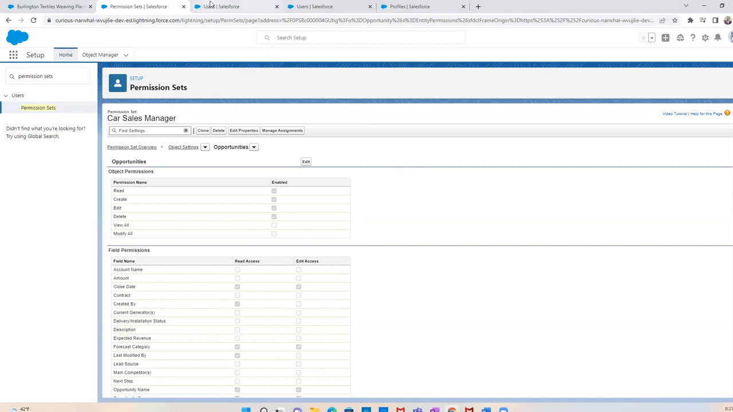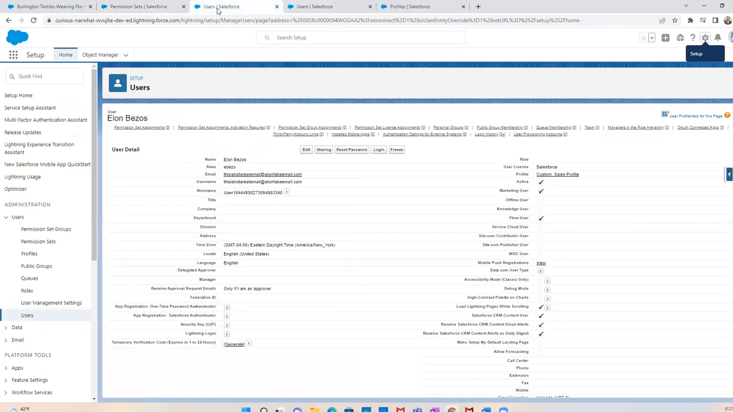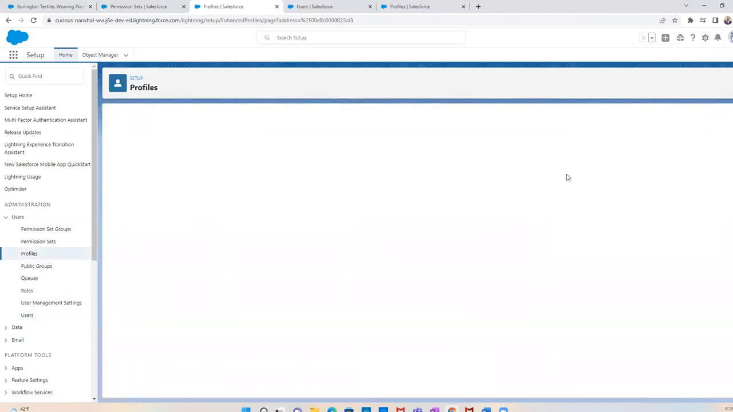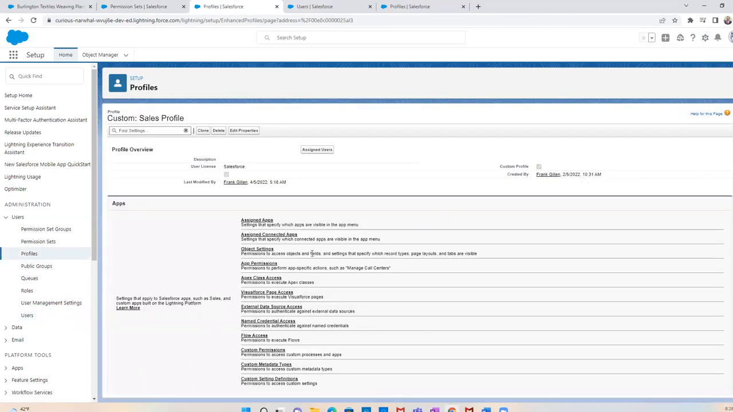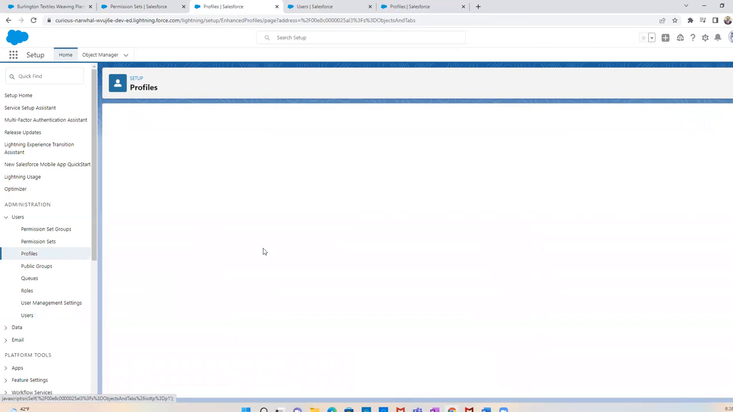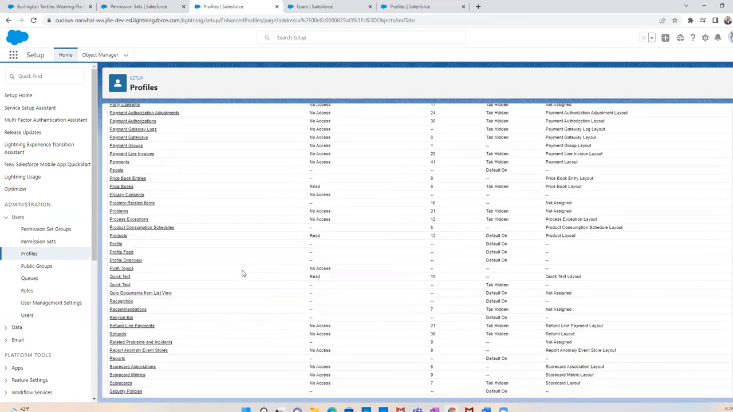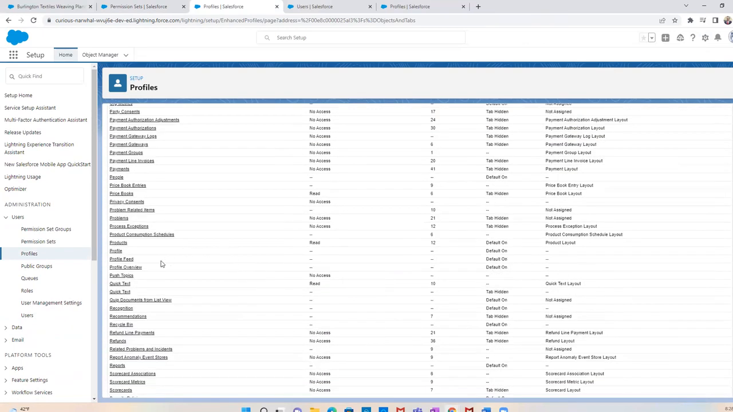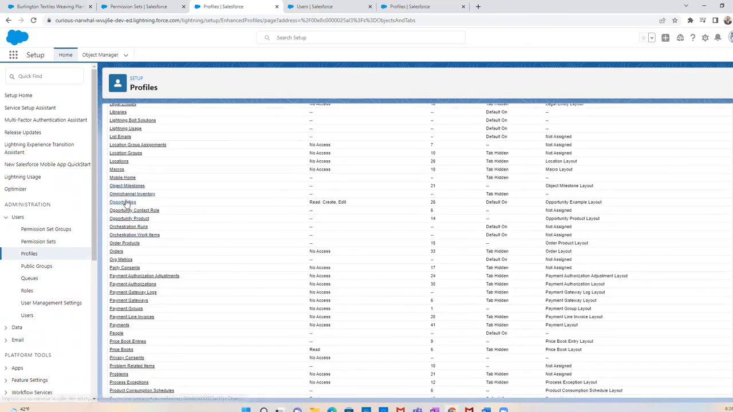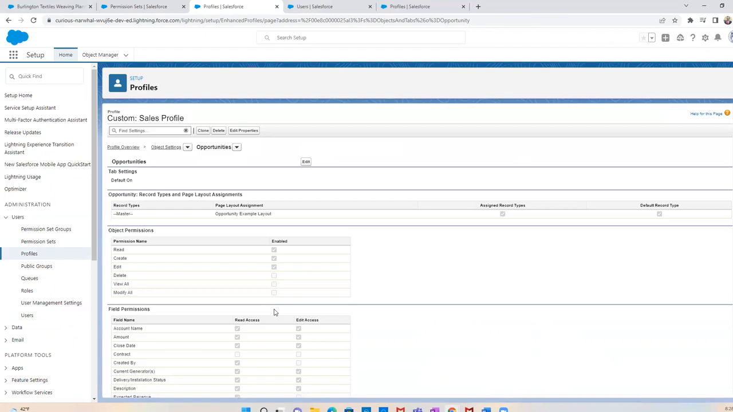Before I go ahead and assign this permission set to a user, I actually want to show you real quick. I'm going to navigate to another tab I have open. This is a user in my org named Elon Bezos. As you can see, he has the custom sales profile. If we click on that and we navigate to object settings for this profile, and if we scroll down to opportunities, as you can see for this custom sales profile, it only has read, create, and edit enabled for the opportunity